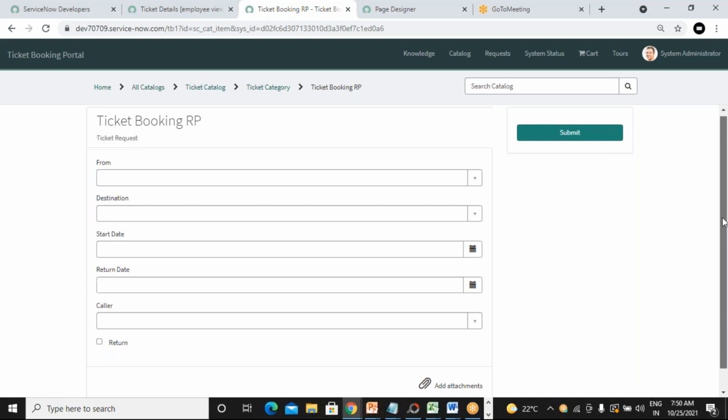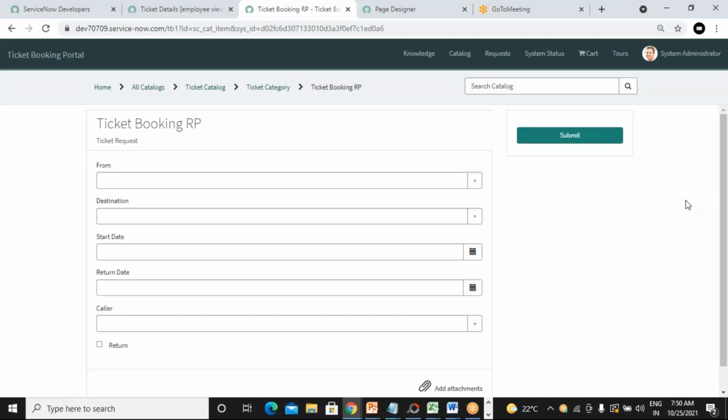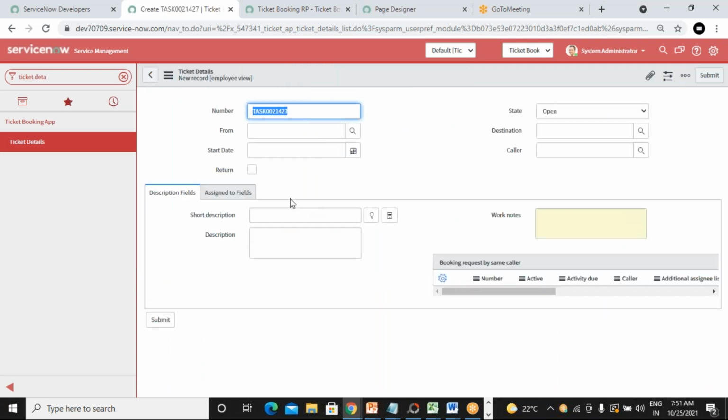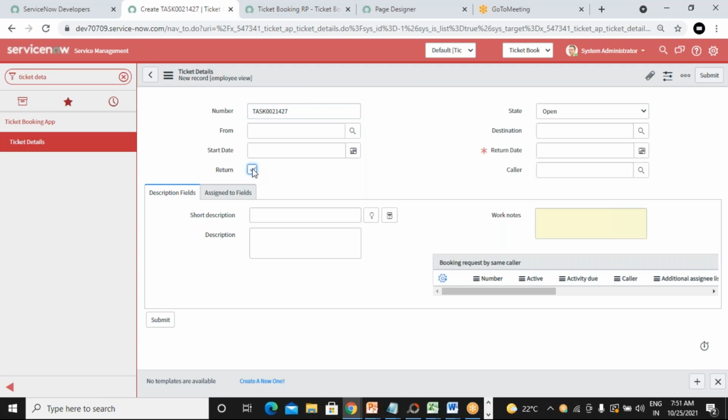Okay, sir. So previously there were UI policies and client scripts, and we have done that before. The same thing we'll do in the record producer. Yes, you have to do that validation. I have given an assignment: first write the return date on the form load. On change of this, you should toggle the return date, which we have implemented in our travel app. You can do that using catalog UI policies and catalog client scripts.